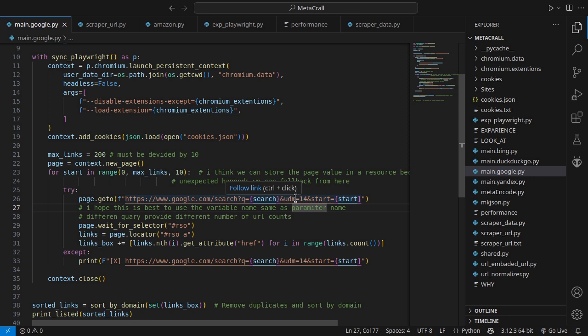tab. If you search for anything on Google, it appears in a tab called All, and that All tab contains more than just links. It contains images, videos and other things like that. But if we go to the Web tab, then just the URLs appear. Here the udm does the direct redirect to the Web tab, and we can say start is equal to, and that is the pagination related thing. So in that, page.wait_for_selector